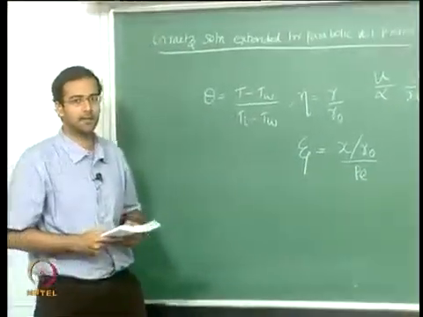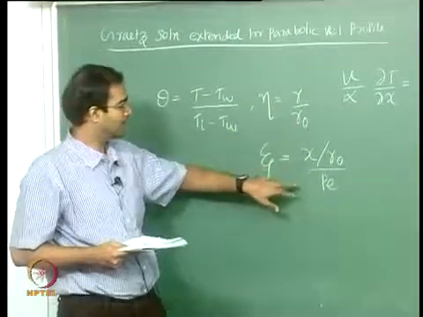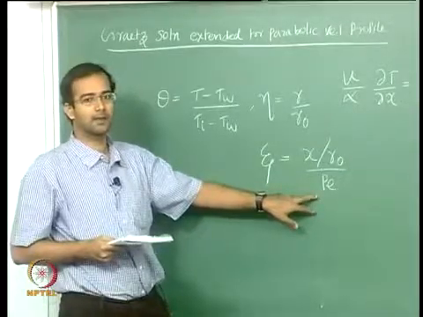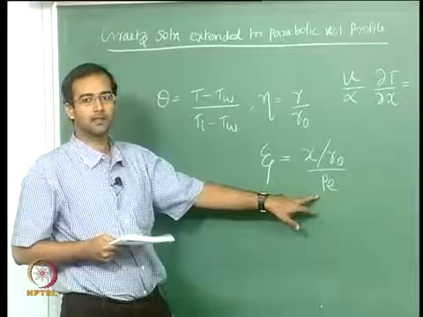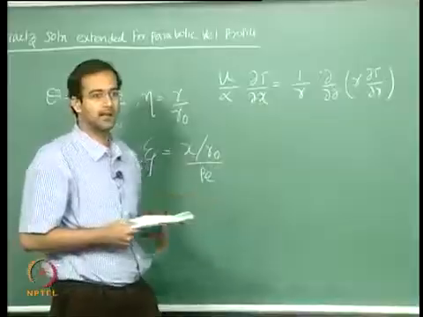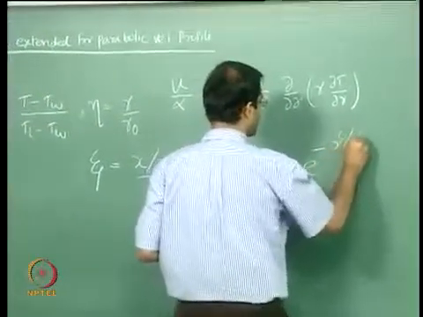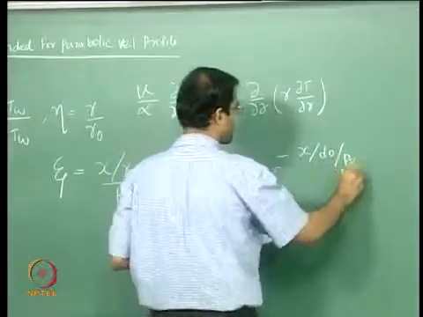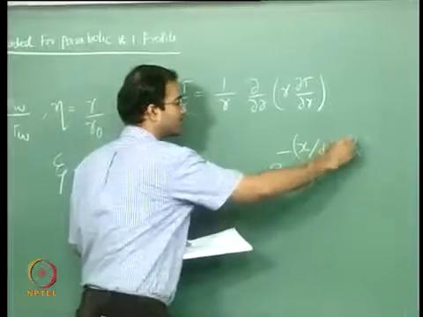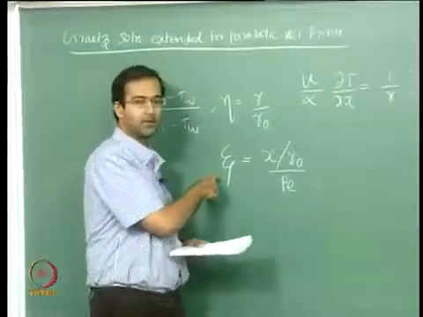So this is the non-dimensional axial coordinate, and this is the non-dimensional radial coordinate eta. The way that we have defined this, x by r naught by Peclet number, is convenient because once you get the solution for variation in x, you saw that in the Graetz problem you had an exponential minus something like x by d naught by Peclet number. So in order to accommodate this variation and group this together in one non-dimensional form, it is convenient to define